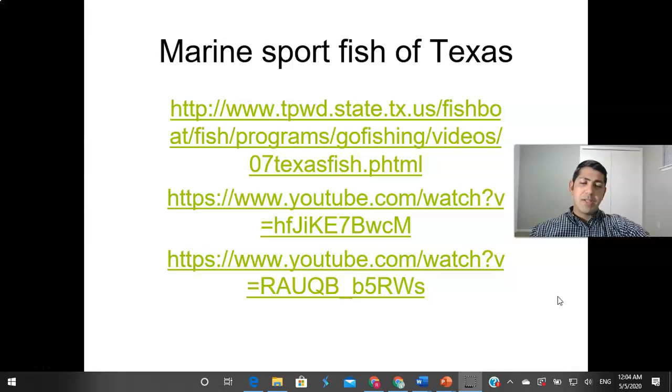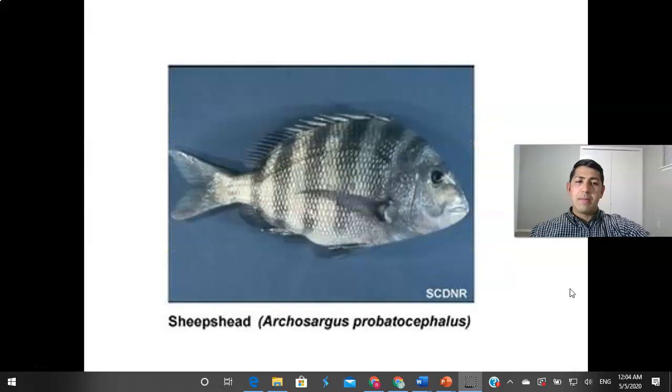You'll be able to click on each of these and see all of them if you'd like. But the really important ones, I'll be linking them as well as attachments. And so we're going to go ahead and move on to the very first species of fish that's popular as